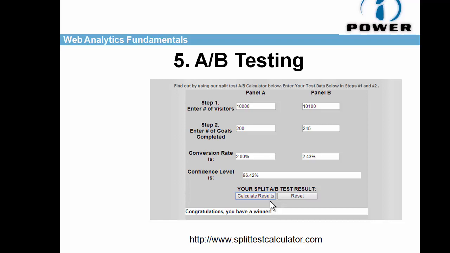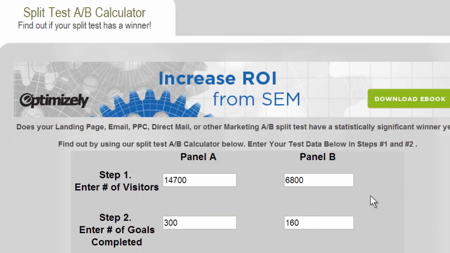Let me take you to the website called Split Test Calculator and show you how it works. Let's say that, for example, in scenario A, we had 14,000 website visitors, and on page B we had 6,800. On page A we had 300 conversions, and on page B we had 160 conversions. So let's see, for the time being, just use your logic, which one is better in your opinion. So A